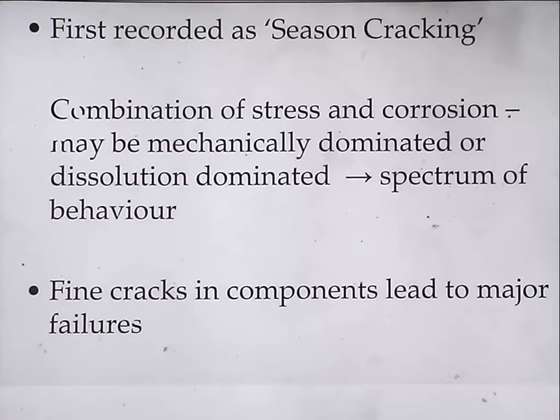This sort of season cracking, as it's called, occurs in all sorts of brass devices. This is a bit of a thin-walled telescope tube. It's brass drawn tube rather than an artillery case, and some of it's quite good, but other parts have very large hairline cracks in it. Don't crunch the tube, it's a reasonably old tube, but that's the sort of cracking that you get in the material, which just means that the cases, the artillery shells, were useless.